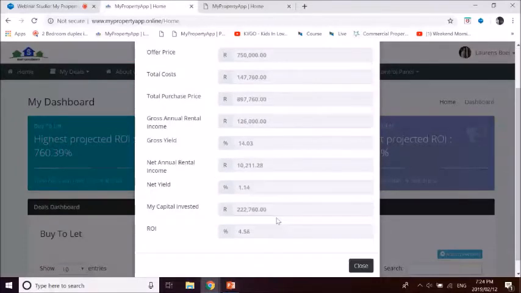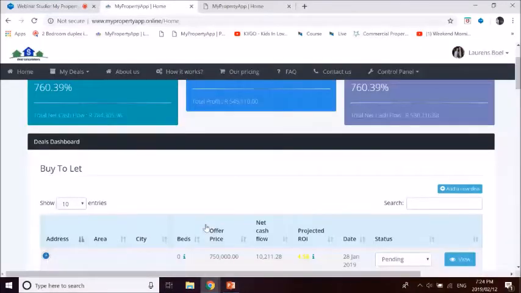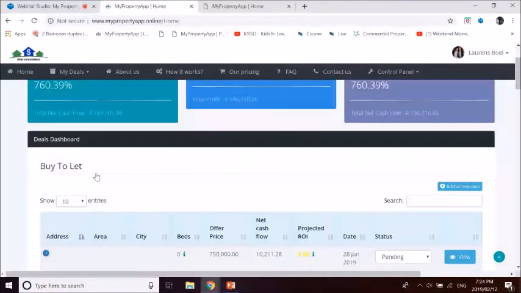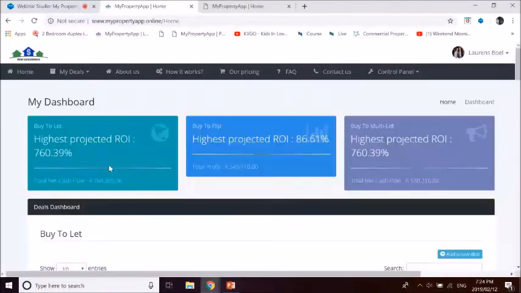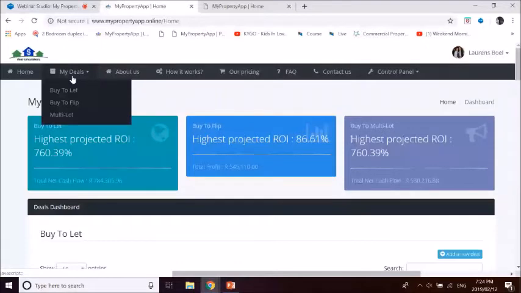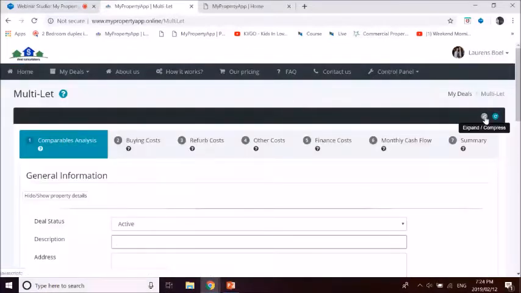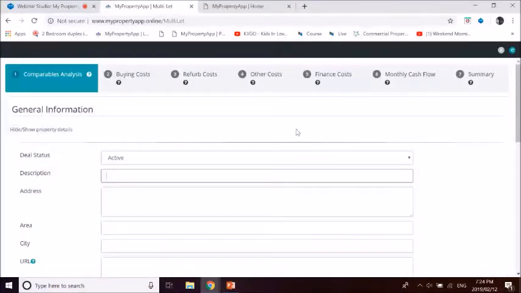Let me just have a quick look here. Okay, so the question is, can you add images to the property? So you can add images to the property in the investor proposal section. What we've also done in phase 2 is we've allocated a spot where you can upload one picture, which will almost be like a profile for the property, which I'll show you just now. But when you're actually generating an investor proposal, there is a section for you to add, let's call it 10, 15 pictures of the property that you can showcase to an investor. So that's a great question.